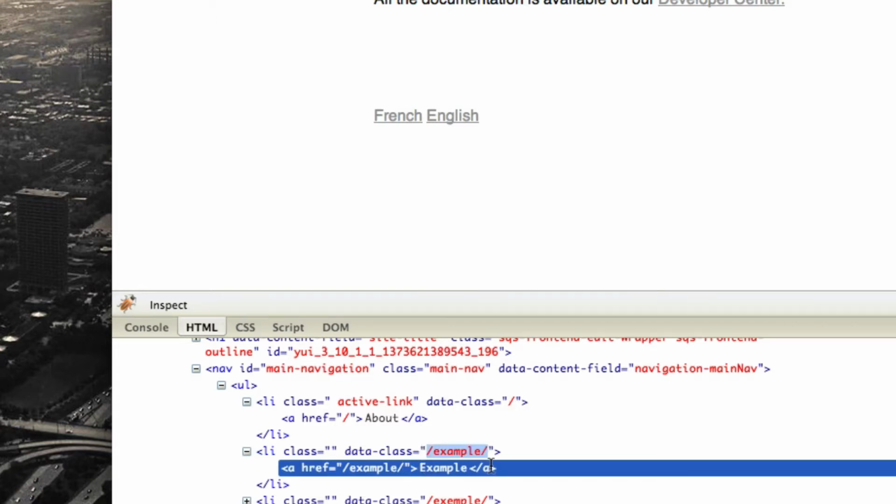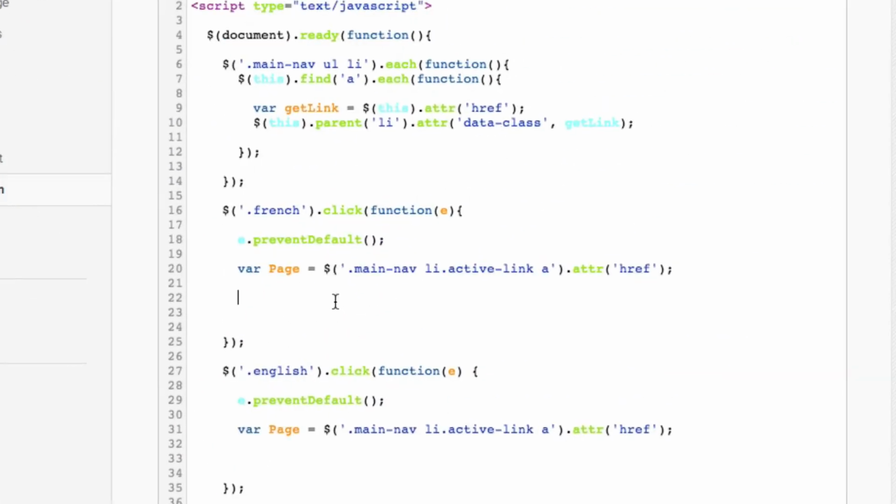So basically I want to copy this down. Actually, that's not the one I want. I want to do the about, which is actually my home page, so it's just going to be a slash. Alright, so if page equals slash